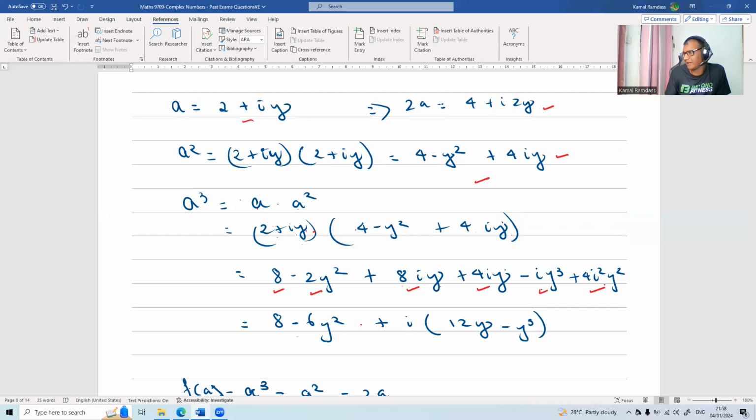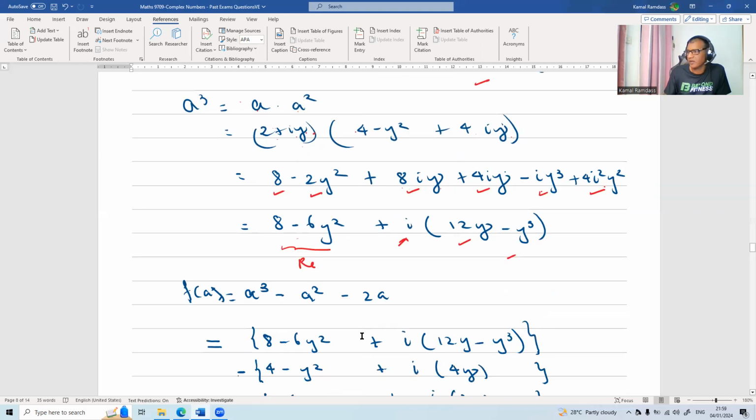Finally, je gagne 8 minus 6y square. Parce que 4i square, means 4 times minus 1, minus 4y square. We get 8 minus 6y square, minus 2 minus 4 minus 6. And this is the real part. OK? Et je prends I as a common factor. Je gagne 8y plus 4y means 12y minus y cubed. Therefore,